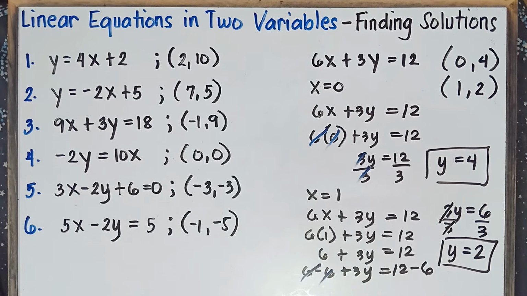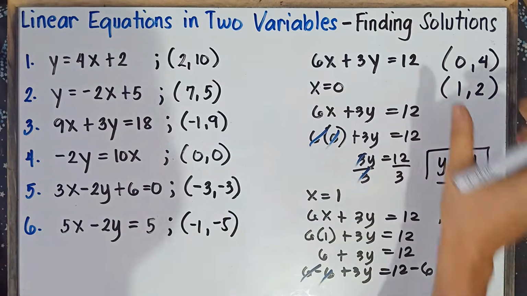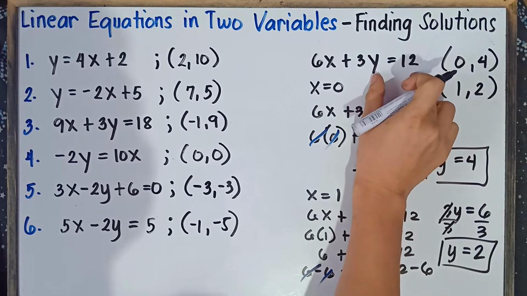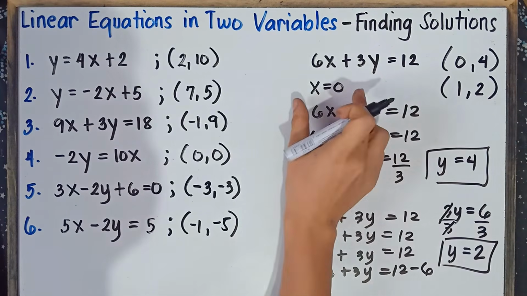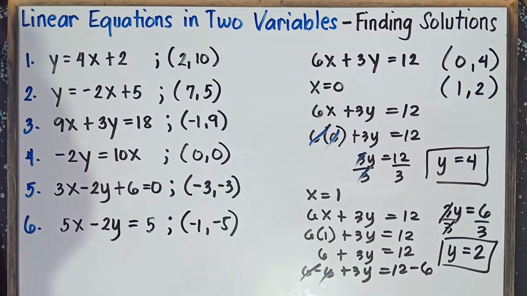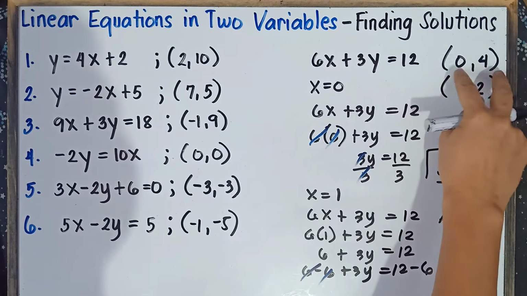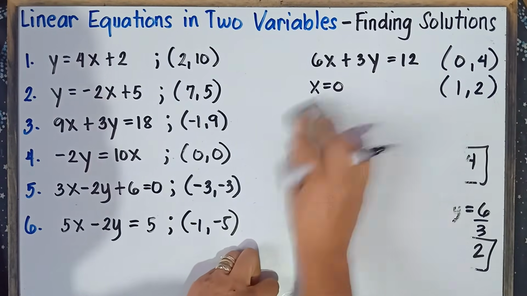So that's the thing there, class, to find the number of ordered pairs. So therefore, class, we do have many possible solutions or possible ordered pairs. Because if we substitute this value, class, I'm sure it will satisfy the equation. Okay, because we get the value of y by simply substituting the value of x. So let's check this one out, class, if the given ordered pair will satisfy the equation, if this given ordered pair is a solution. Alright, so let's check that one out.